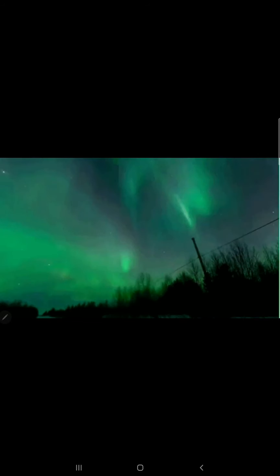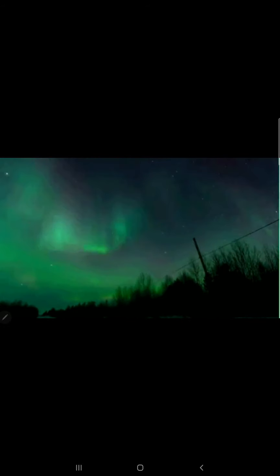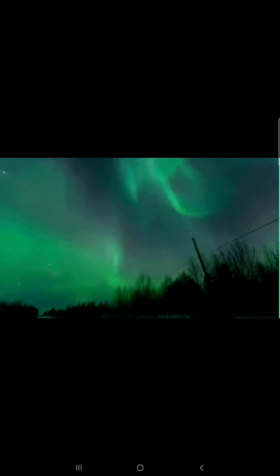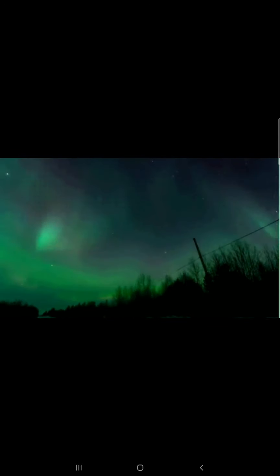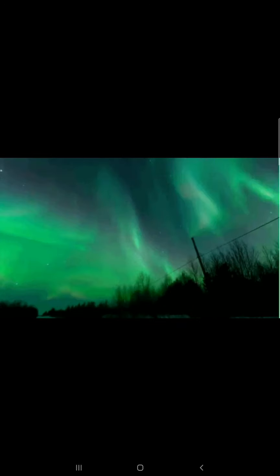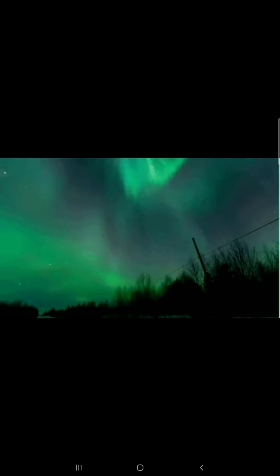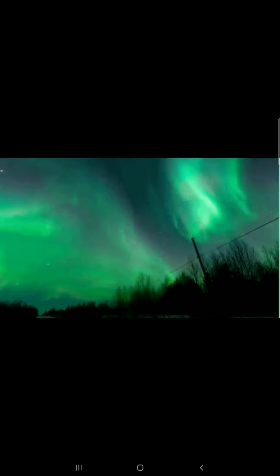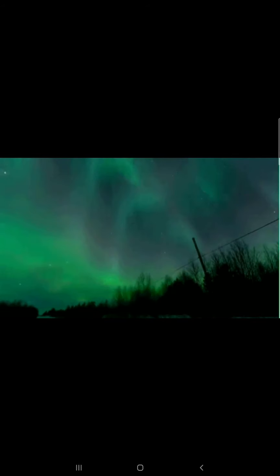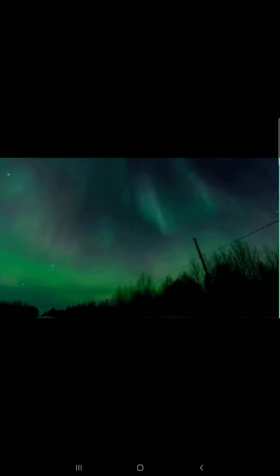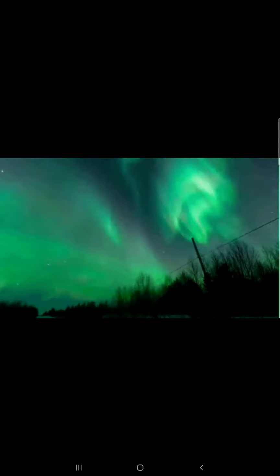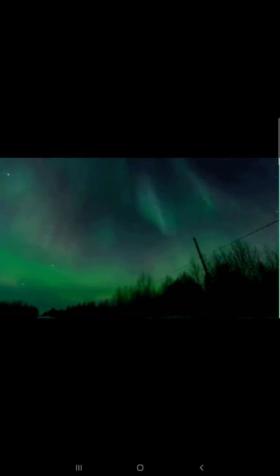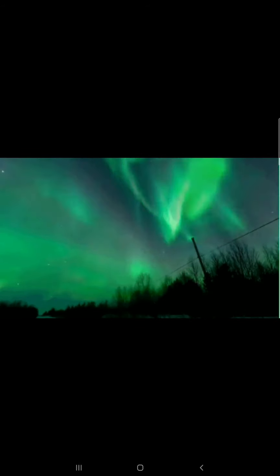Here on this screen you can see that beautiful colorful lights are produced only at the north and the south pole, because here the radiations coming from the sun or from other stars are somehow able to reach the atmosphere. When these radiations interact with the gases present in the atmosphere, they give rise to this pleasing view of colorful lights called aurora borealis or aurora australis.